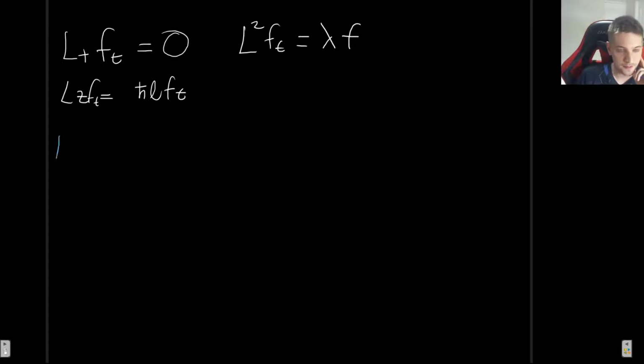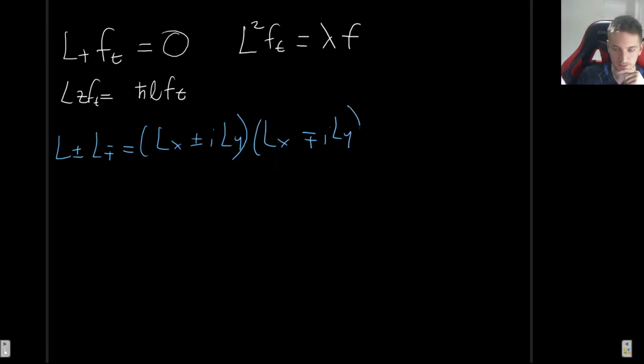Now, there is the following thing that we have to use. It's kind of a trick, and it goes as follows. We're going to multiply L plus or minus by L minus or plus. This is going to give us two forms to rewrite L squared that are going to be very useful. So this is going to be Lx plus or minus I Ly times Lx minus plus I Ly. So let's multiply through, we get Lx squared, then we get minus plus I Lx Ly plus or minus I